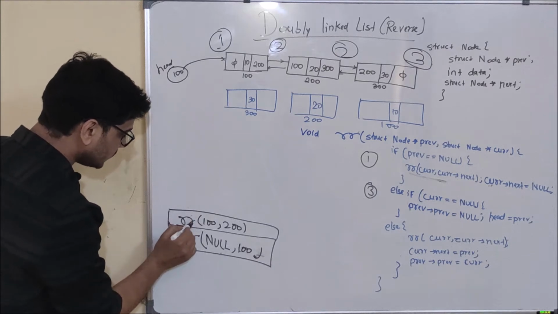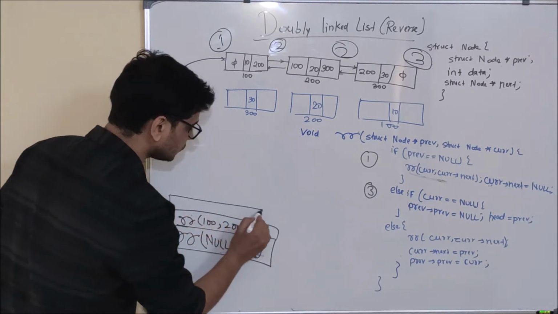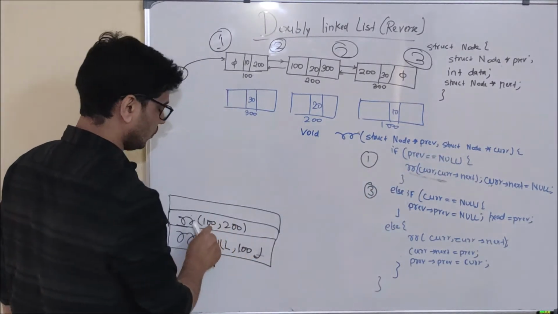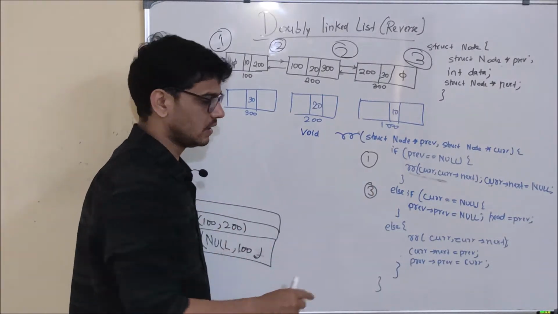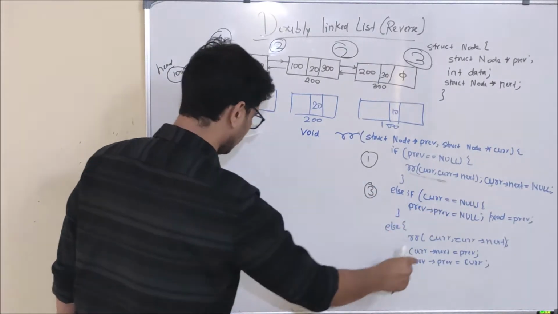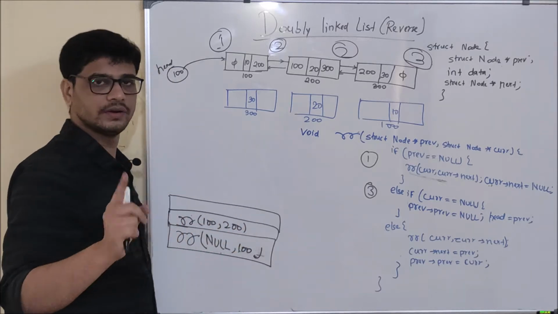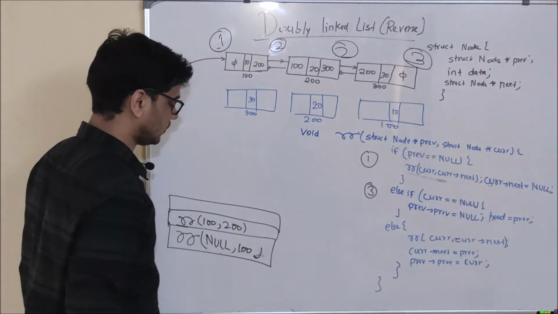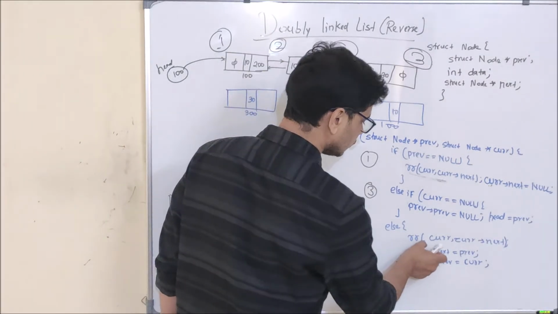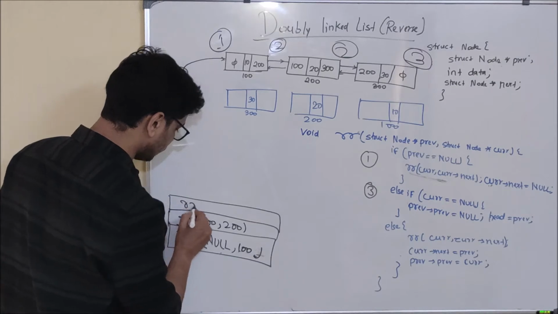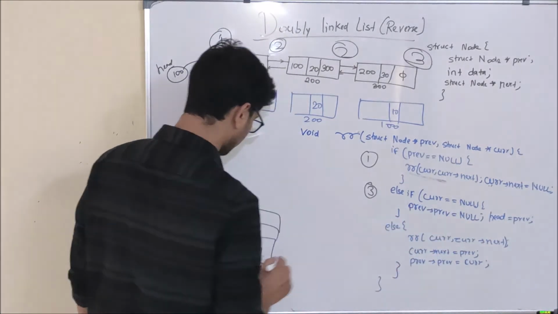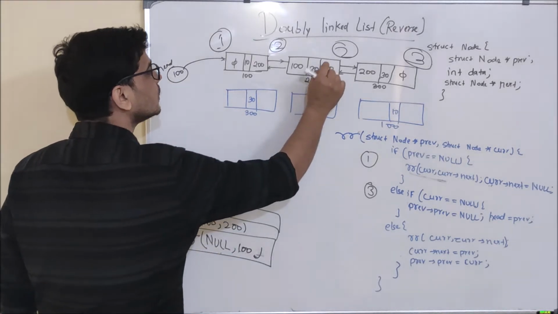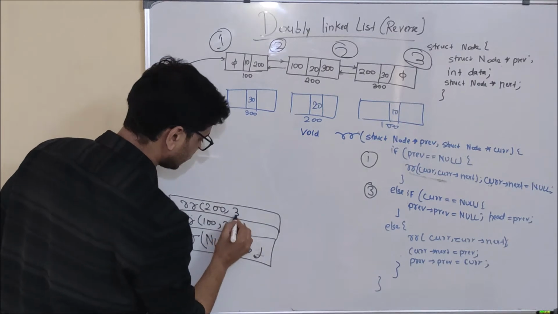And when this particular function will go for its execution, what is going to happen? See, if previous is equal to null, no, previous is 100. So this if check will be false. Control will come here. Else if current is equal to null, is current null? No, current is 200. So this else if check will also be false. So we are going to execute these three lines of code. So first of all we will execute this line. That is we make a call to reverse recursive current comma current dot next. And what is current? 200. And what is current dot next? Next part of node starting from memory, it is 200 and it is 300.